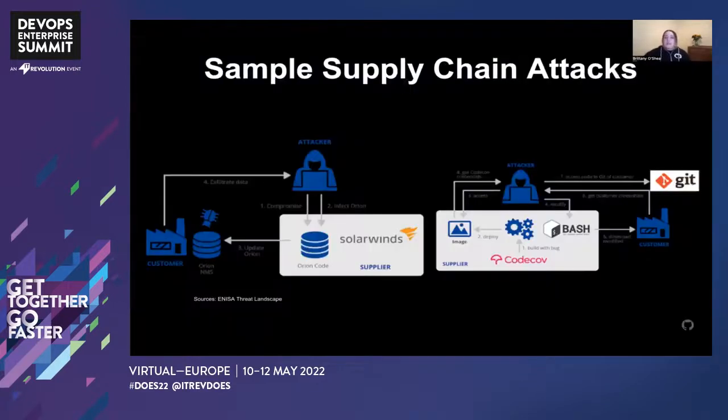Two attacks that you've probably heard a lot about in the news help explain the different flavors of what happens here. We'll start with SolarWinds, a very complex attack that we're still finding new information about. And you'll see in many attacks, when we first hear the news about this compromise, it's really only the tip of the iceberg about what's happening and what the attack pattern really was. So what we know about the Orion code was, Orion was a network